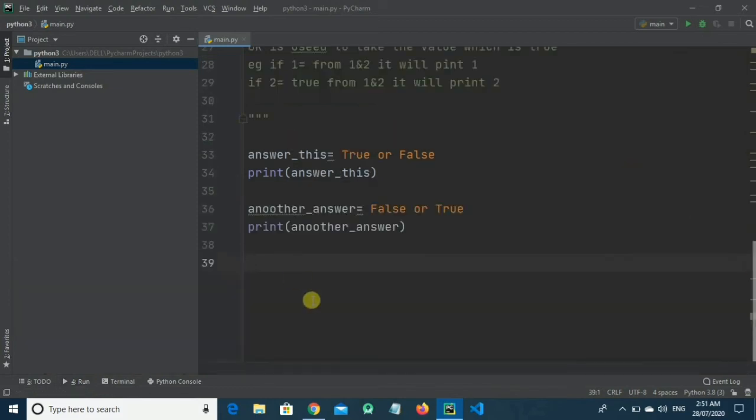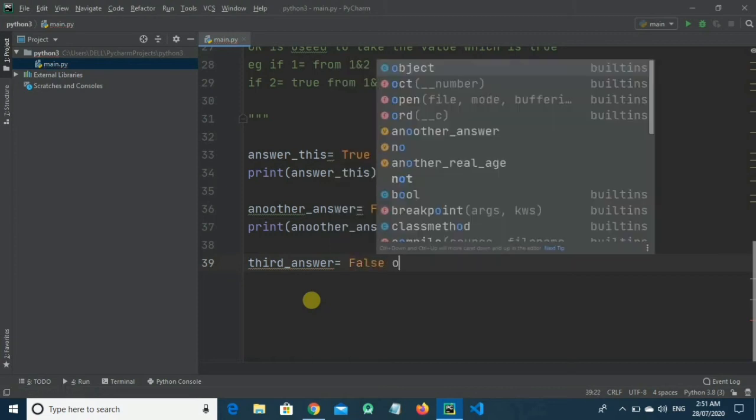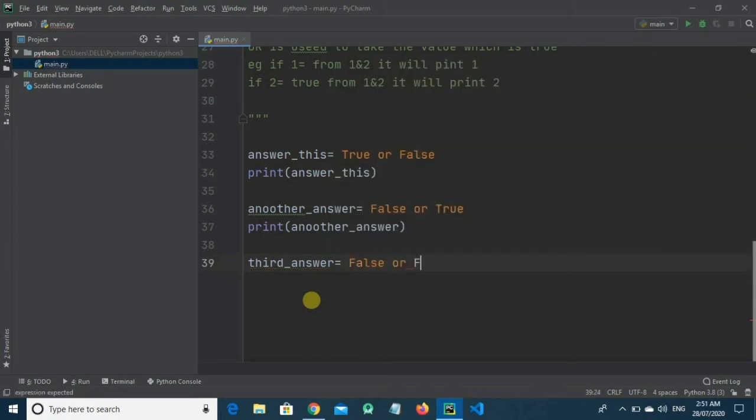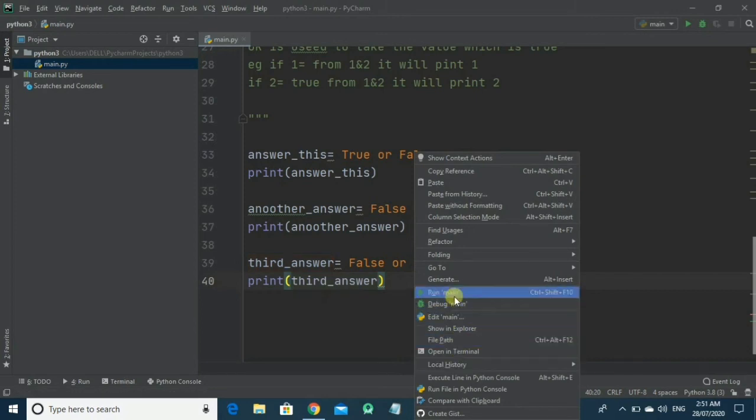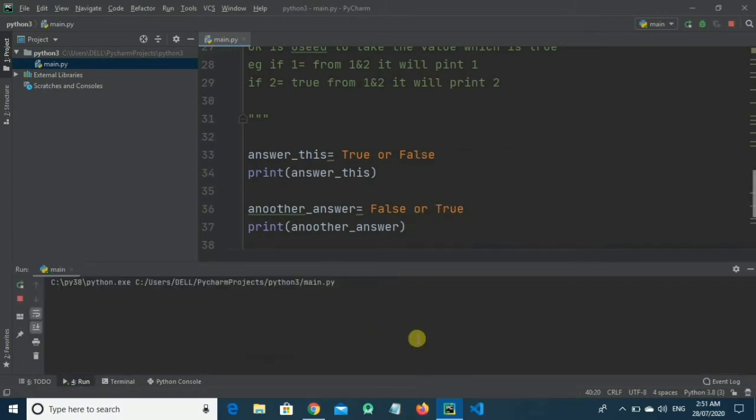Okay, so now let's take another example. We'll write this variable as third answer equals false or false. Now we'll print this variable. So let's print third answer, run the program and check the output.